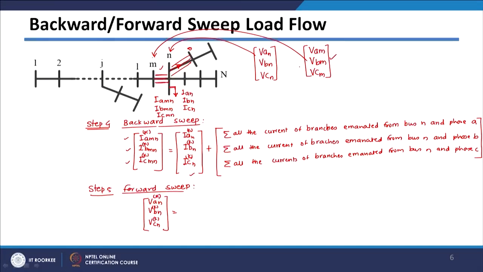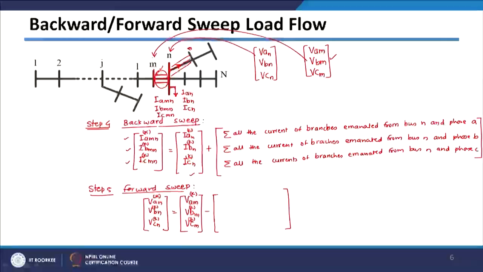So these voltages minus the voltage drop which is happening in this will give me voltages at n. So voltages at nth bus will be equal to voltages of mth bus, which is VAm, VBm and VCm at kth iteration. Because we have seen that this is forward sweep, we calculate voltages of this bus first and then we will go for this bus. So these voltages are already known, minus, now in this case it will be the impedance matrix,